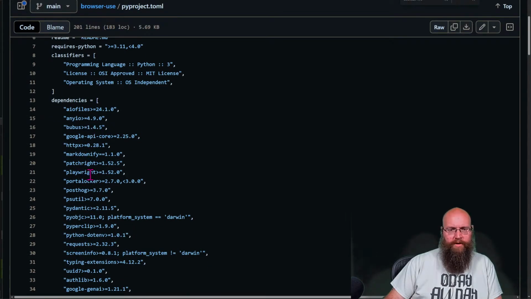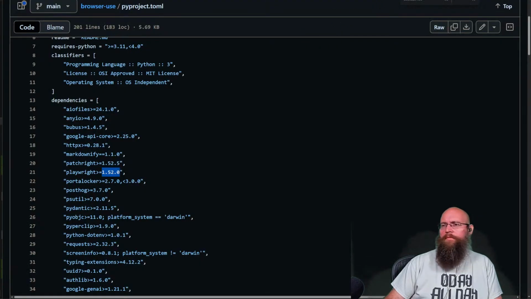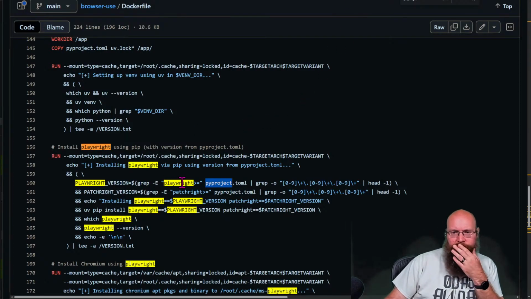So for Playwright, it's looking for 1520. So it gets the Patchwright version, the Playwright version, the Patchwright version.